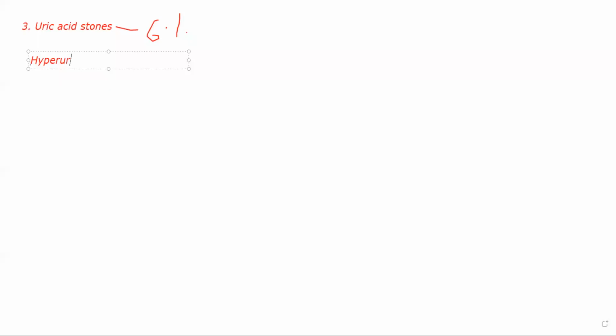So this will occur in patients who have hyperuricosuria with or without hyperuricemia. Now hyperuricemia itself will occur in patients who have gout, primary gout or secondary gout. Okay, excessive amount of uric acid is being produced in their body and that is entering into their blood, and whenever that excess is present, it is also being thrown out.